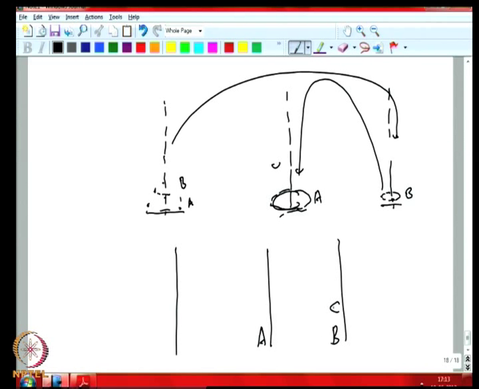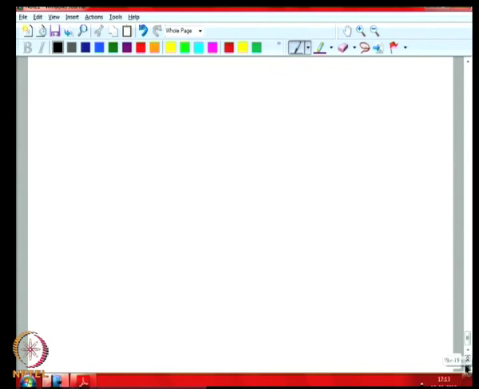Now, what should I do? I should take back C here, right. C will come here and then B can be moved here, and now C can be moved here. So, these are the kind of movements we are looking for. One has to be clever, so that we never end up putting a bigger disk on top of a smaller disk. The question is how many